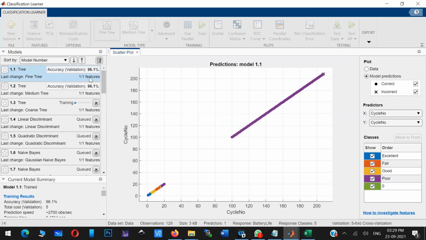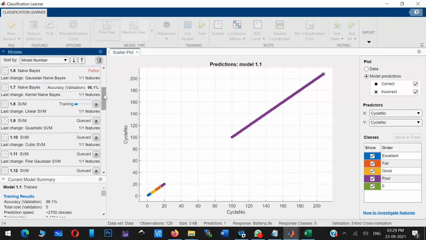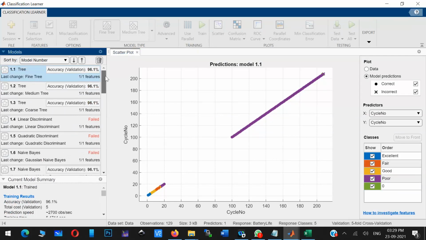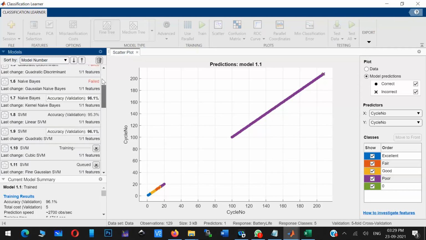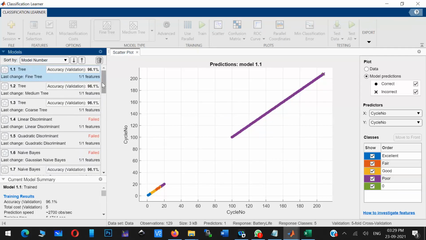Now you see, in regression learner you get root mean square error, but in classification learner you get accuracy. Accuracy is the performance parameter in classification learner, and root mean square error is the performance factor in regression learner. That's one difference you should note.